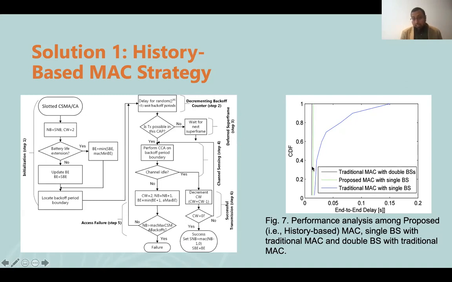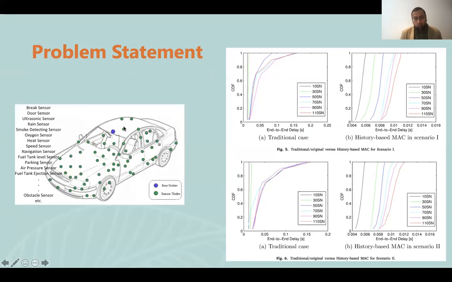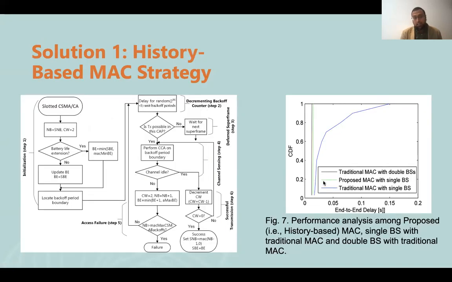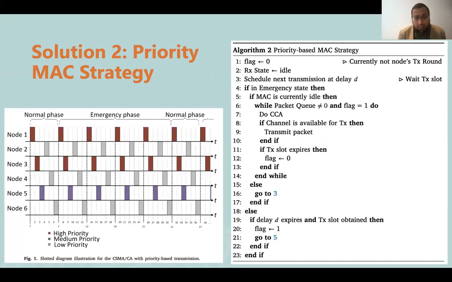If we use two base stations, the workload will be distributed, which is similar to our proposed solution. But even so, this solution will not be really a good one if we increase the number of nodes. So then we come up with another solution